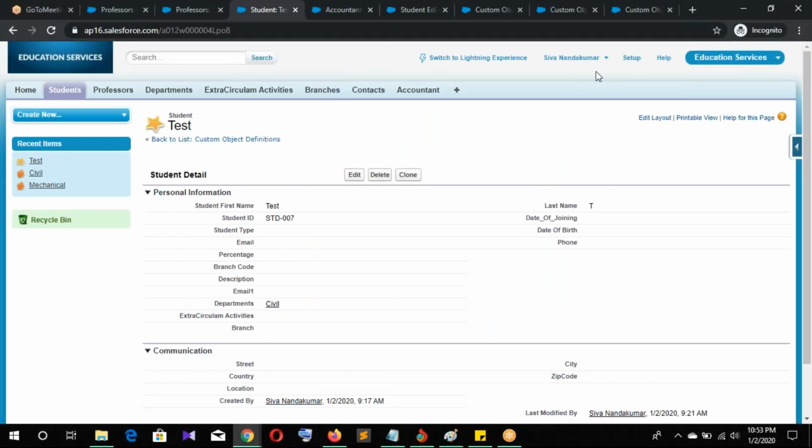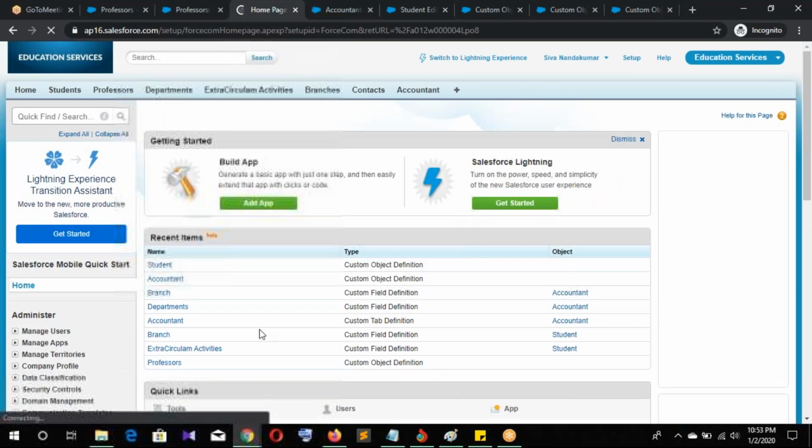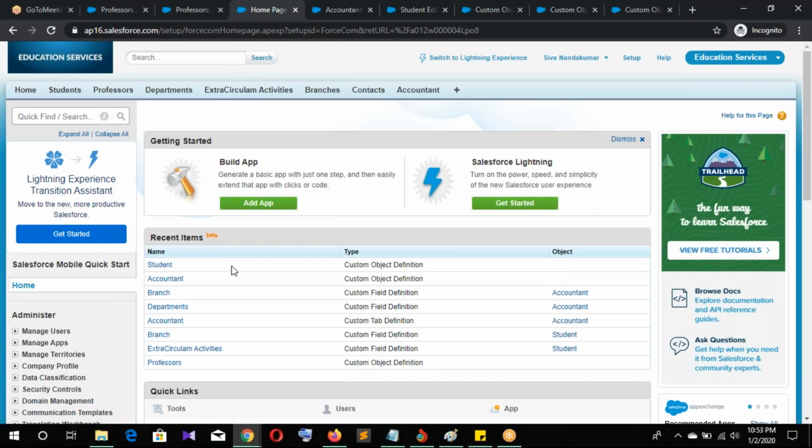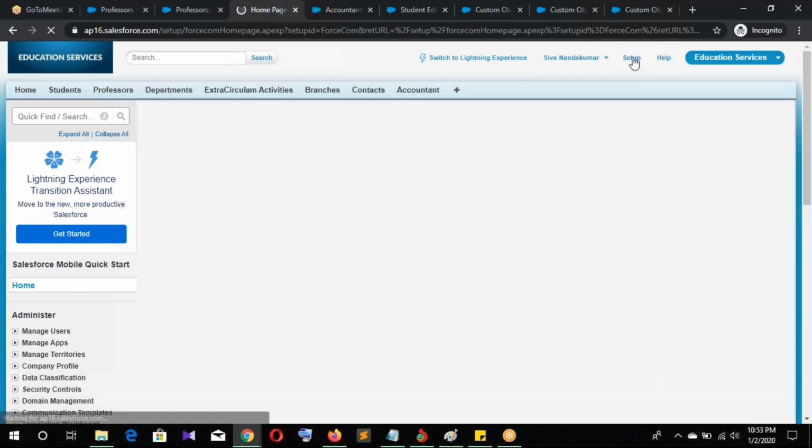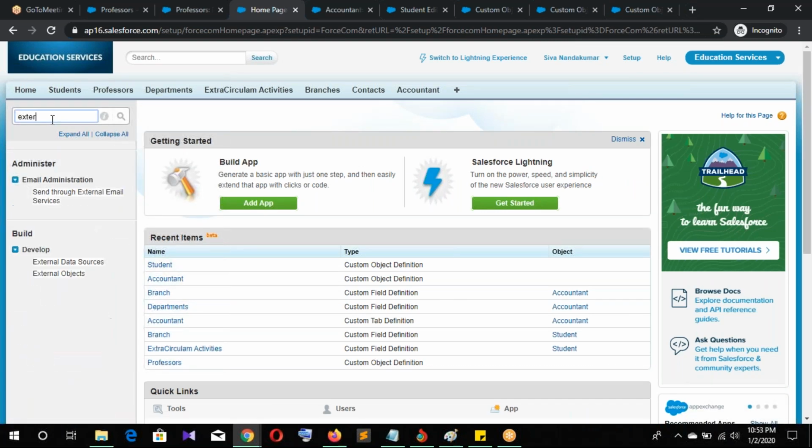Let's check whether my organization has external objects or not. How to check? Setup, external. You see External Data Sources and External Objects. Just click on it.